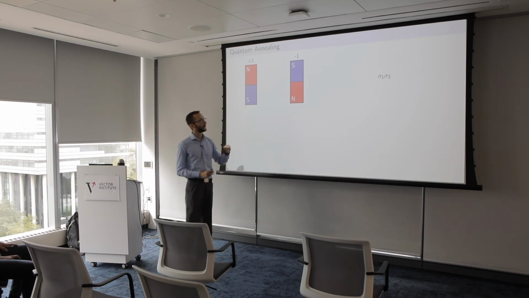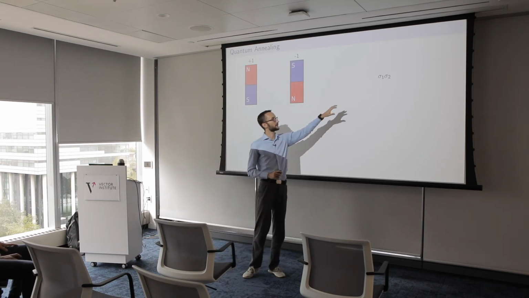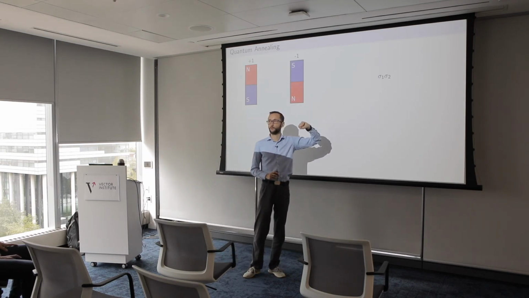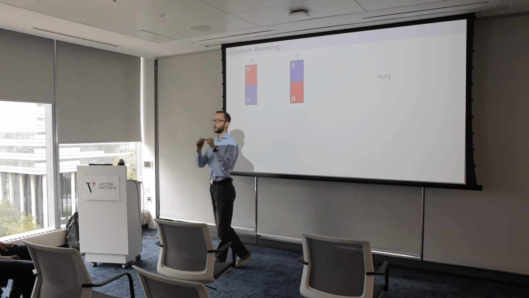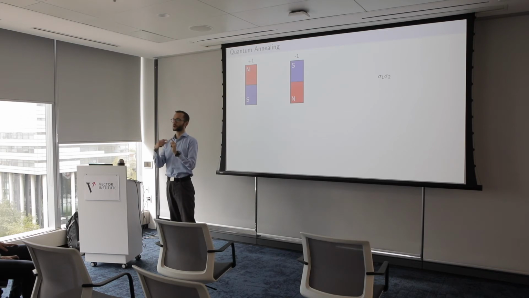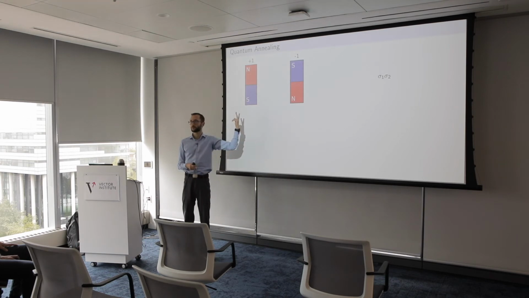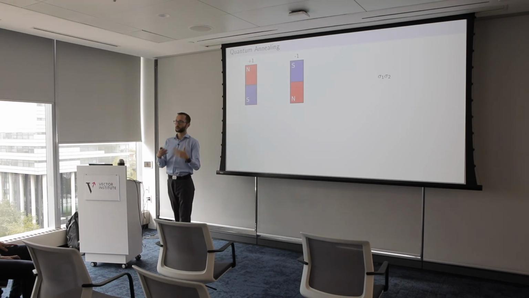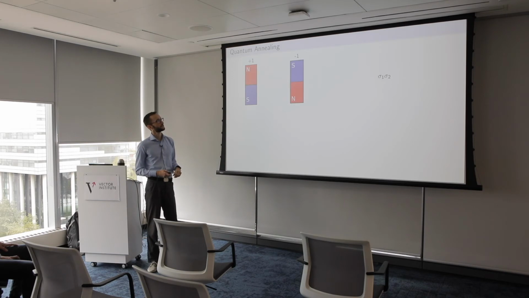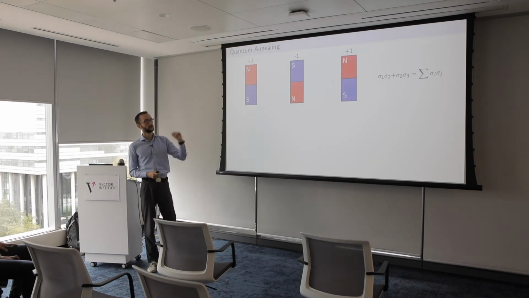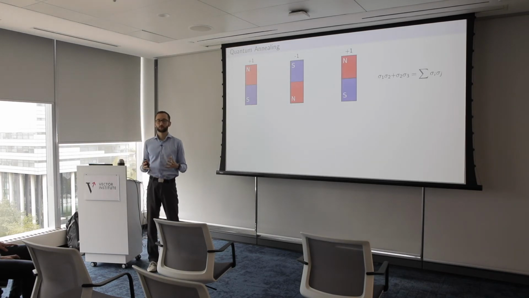And then if you write it down, then you can say that magnet 1 is some sigma 1 variable, and magnet 2 is sigma 2. And in the optimal configuration, the product is always going to be -1. Right? Because either this one is +1 and that one is -1, or the other way around. And if you multiply them, their product is always going to be -1. So add the third magnet, and now you end up with this sum. So in the optimal configuration, the value of this energy essentially is -2.